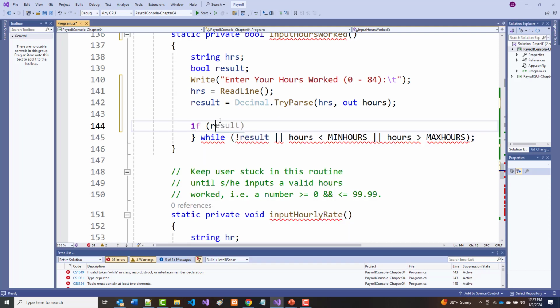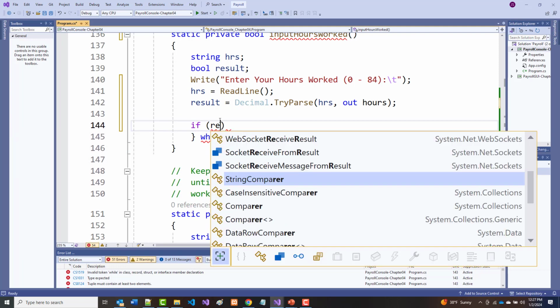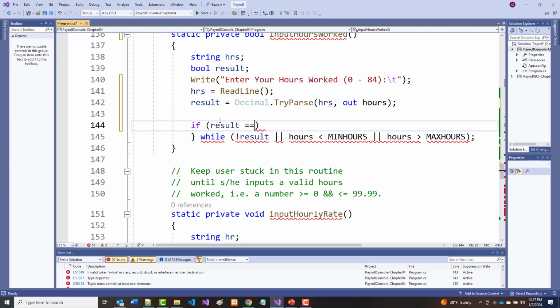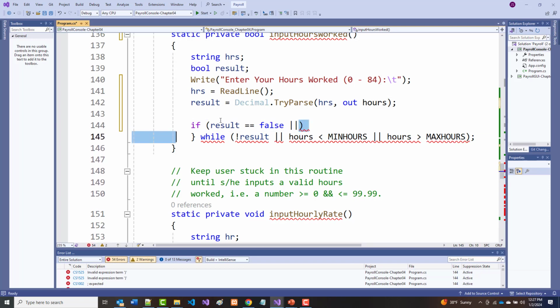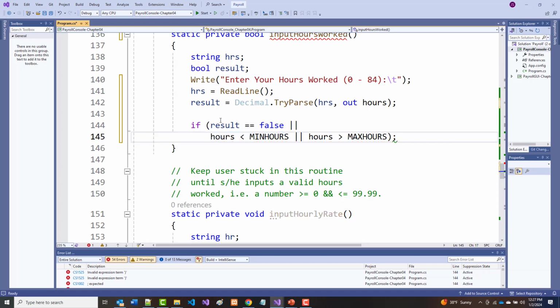I'm going to say if result equals false, or this or this. So if it's any of those,